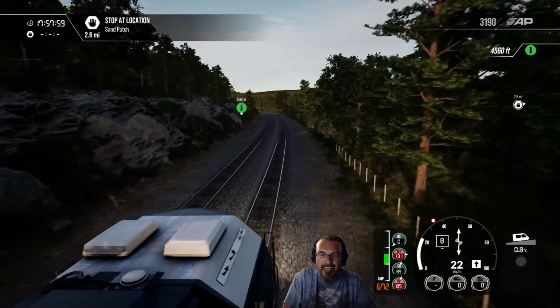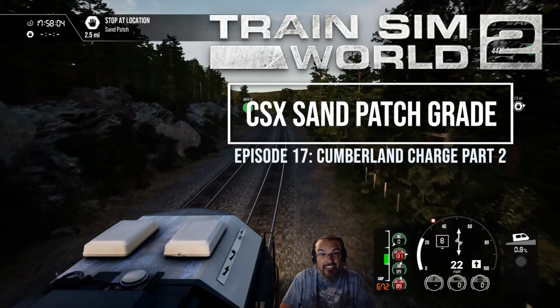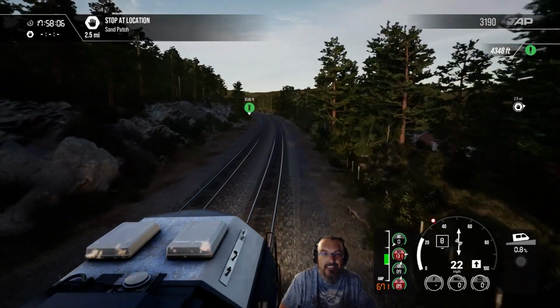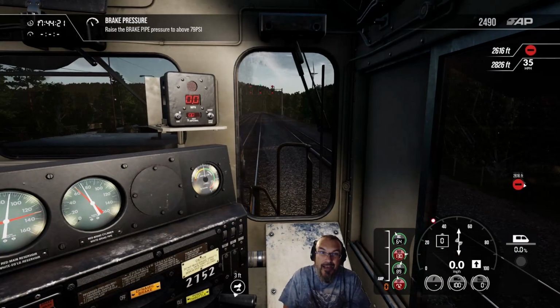This is how you get the gold medal, going all the way down Cumberland Charge. It's one of the harder missions to get gold because you're starting from a not so great position to have to get the engine set up properly. Alright folks, we're back with Cumberland Charge, and we'll be heading down to the Sand Patch Grade summit, and then